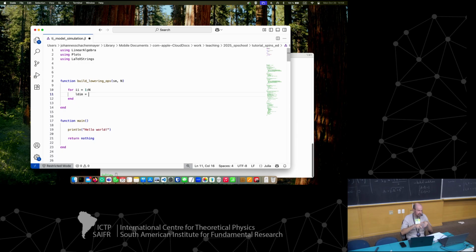I have a dimension on the left side. What would the dimension be? This would be 2 to the power of something. Think about it: this one starts at 1, so my first spin is labeled by 1. Then I know the dimension on the left side is going to be 2 to the power 0, it should be 1. So this must be 2 to the power i minus 1. And this should be the Hilbert space